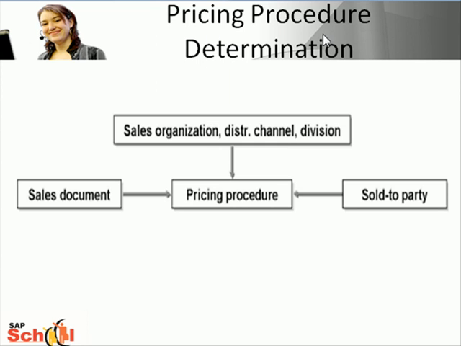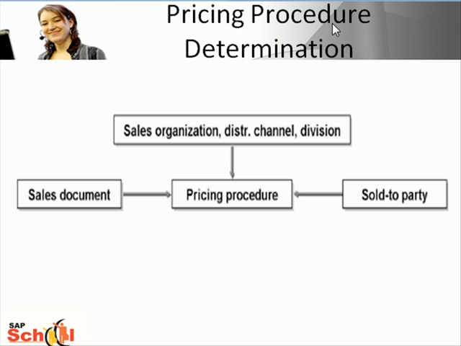The first step is pricing procedure determination in a transaction. So in a transaction, you need to get a price. This price is calculated by what is called the pricing procedure. There can be different pricing procedures in the system, and you need to determine one specific one for your transaction,